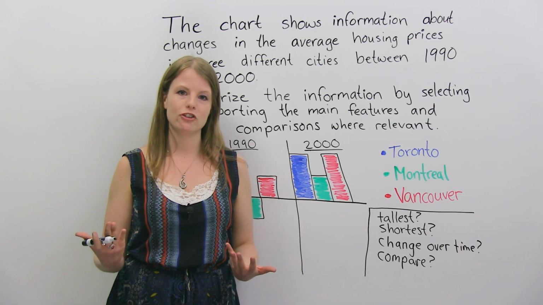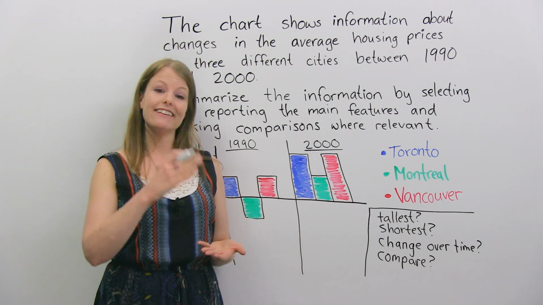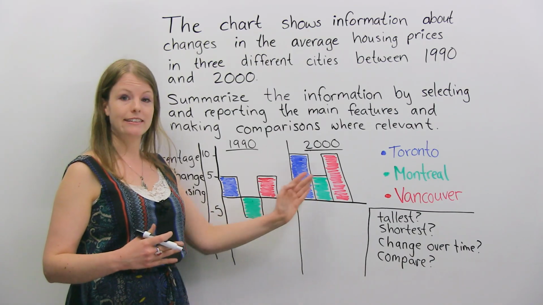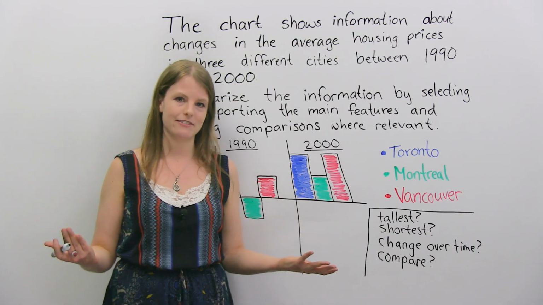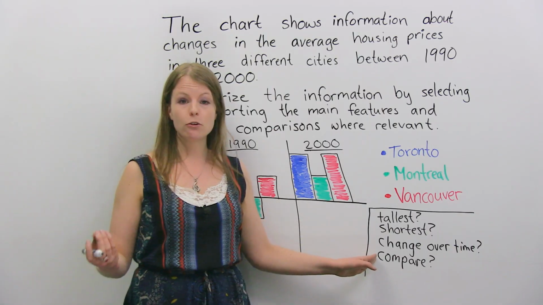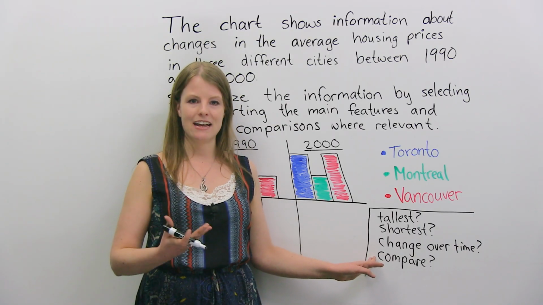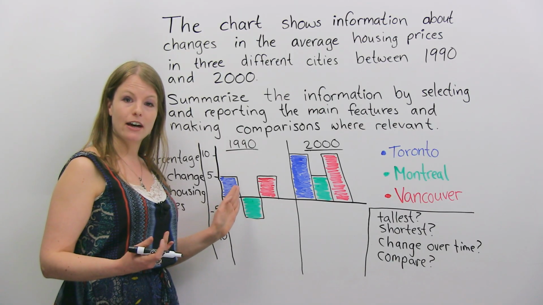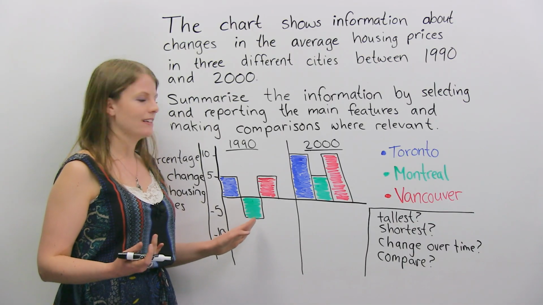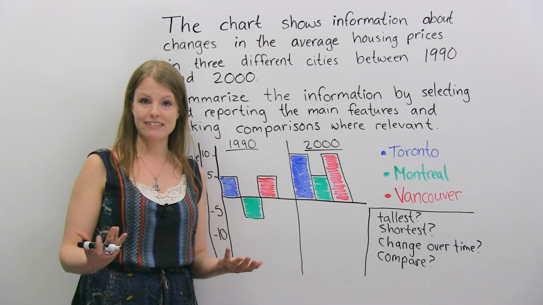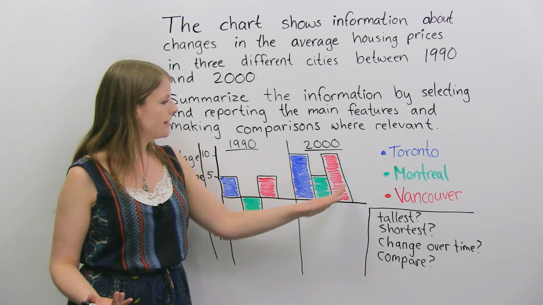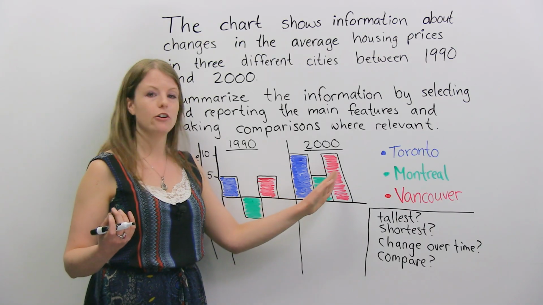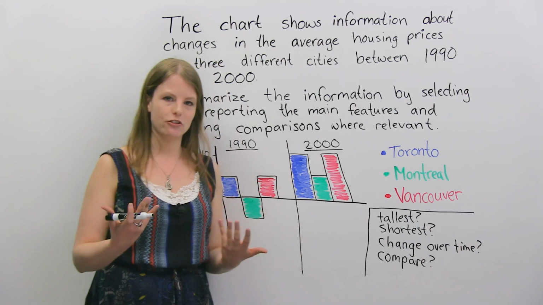How is this graph changing? Is something increasing? Is something decreasing? In this case, we see Toronto increased, Montreal increased, and Vancouver increased. Everything has increased over time. You also want to compare. How are these bars the same and how are they different? So I'll look, okay, in this case, Toronto and Vancouver are the same. Montreal is different. Toronto and Vancouver have both increased. Montreal has decreased. In this case, all three have increased, but Toronto and Vancouver show greater increase